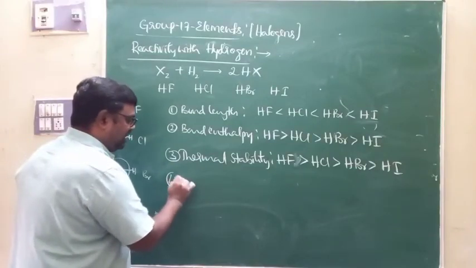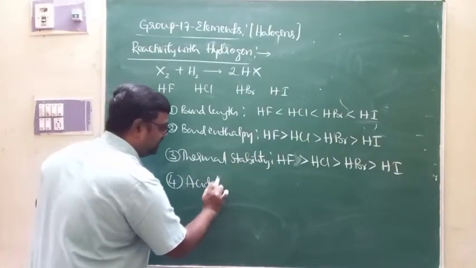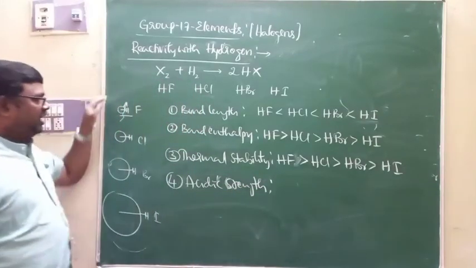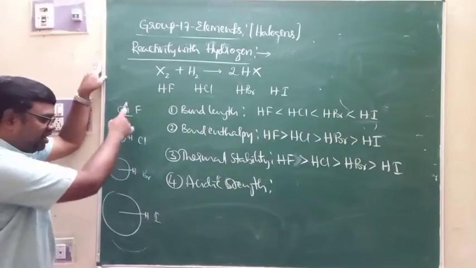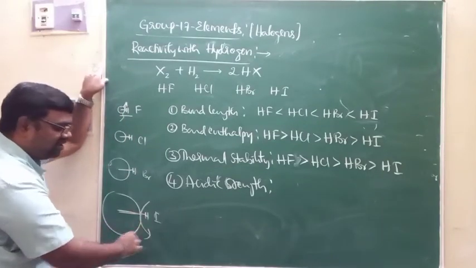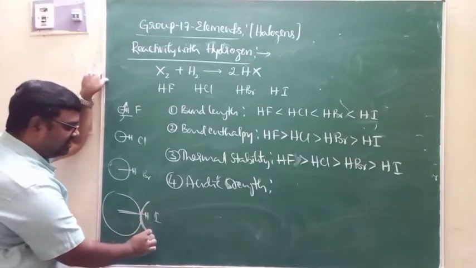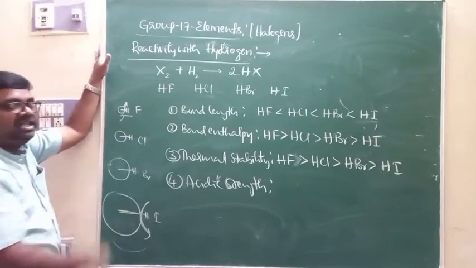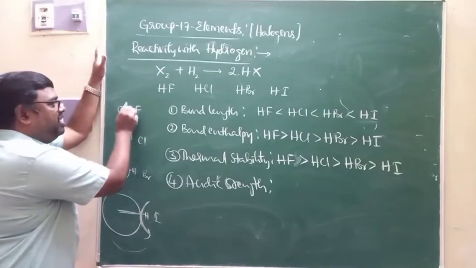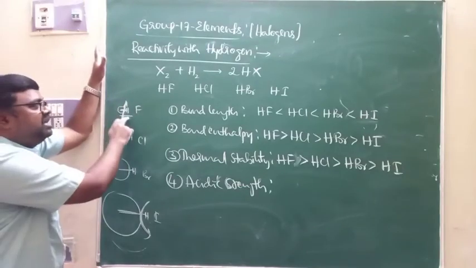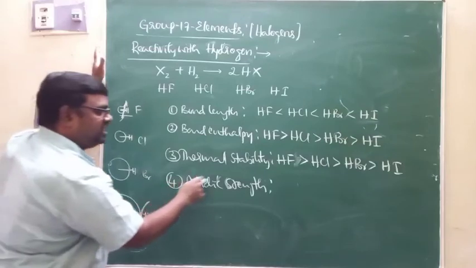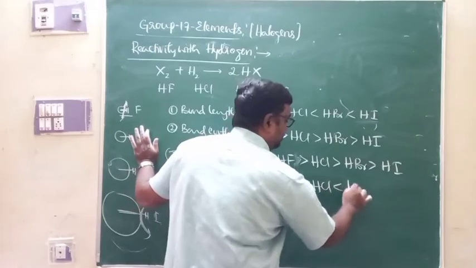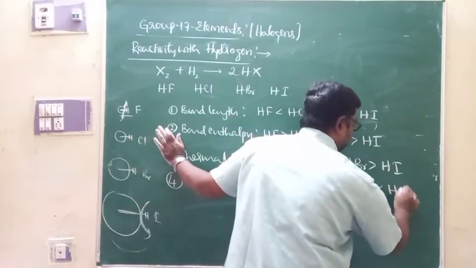And now that as the thermal stability increases, ಏನಾಗುತ್ತೆ, acidic strength decreases ಅಲ್ವಾ? ನೋಡಿ ಇಲ್ಲಿ ಬಾಂಡ್ ಲೆಂತ್ ಏನಾಗುತ್ತೆ, ಜಾಸ್ತಿ ಆಗುತ್ತೆ, ಬಾಂಡ್ ವೀಕ್ ಆಗ್ತಾ ಹೋಗುತ್ತೆ. ಆಗ ಇದನ್ನ ಈಸಿಯಾಗಿ ಬ್ರೇಕ್ ಮಾಡ್ಬೋದು ತಾನೆ. ಅಂದಾಗ HI has got a high tendency of releasing H plus ions. ಹೌದಾ? HF has got least tendency of releasing H plus. ಯಾಕೆ ಹೇಳಿ, HF ಬಾಂಡ್ ಅನ್ನ ಬ್ರೇಕ್ ಮಾಡೋದು ಕಷ್ಟ ಅಲ್ವಾ? ಹಾಗಾಗಿ tendency of releasing H plus will be less. ಅಂದ್ರೆ acidic strength will be less. Therefore, HF will be less acidic than HCl, less acidic than HBr, less acidic than HI.